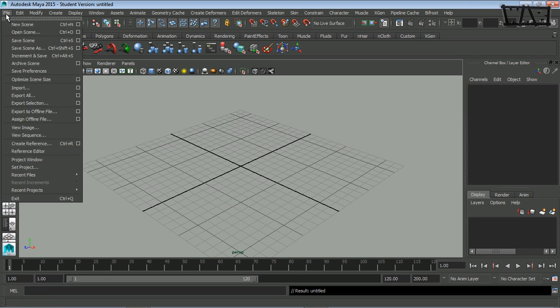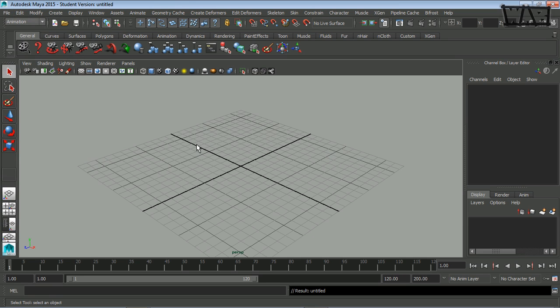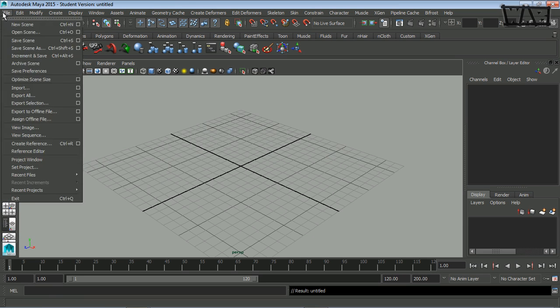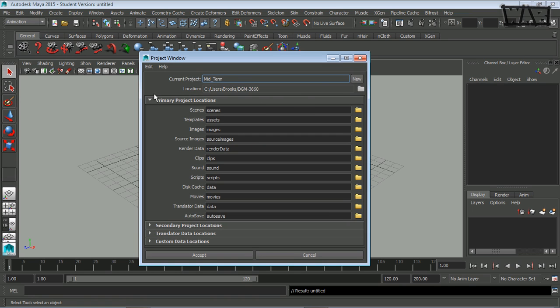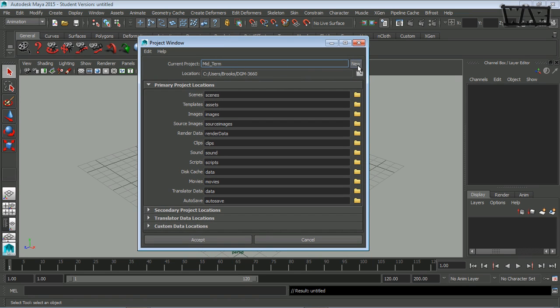Anyway, so you've got Maya open, and you've got a blank scene, an empty scene. And to create a project, the first thing you need to do is create a project. So you go to File, Project window, and inside the project window you want to click New, and then you're going to name that project, I'm going to call mine Demo